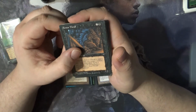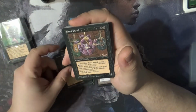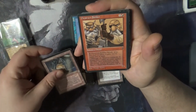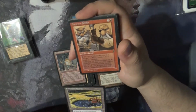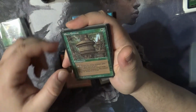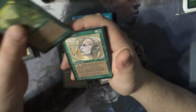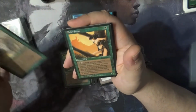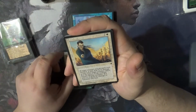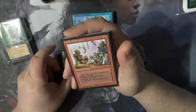And we jump back to Fallen Empire's Armor Thrall. Another Armor Thrall. And then we've got our Basal Thralls. And we got our Dwarven Hold, which I don't know why I put. Okay, that was from Ice Age for Sulfuric Springs, anyway. Dwarven Soldier, Elven Fortress, another Elven Fortress. There's the other Elven Fortress, and there's one more version of that. We got an Elven Hunter, Elven Scouts, Feral Priest, and we got our Feral's Manta, and we got the Goblin